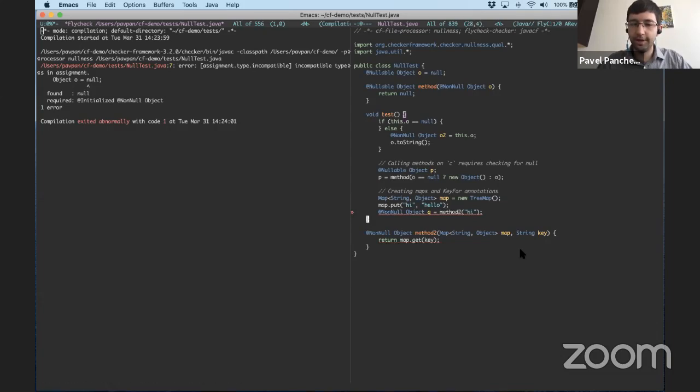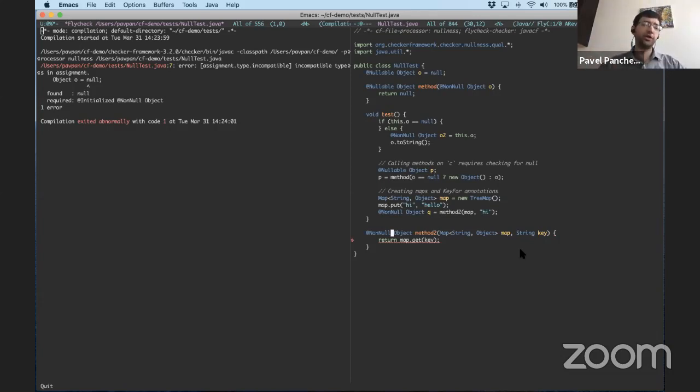So we'd like to do something like this, but instead we find that there is an error. When I call map.get with the key, it returns a nullable object as opposed to a non-null object.